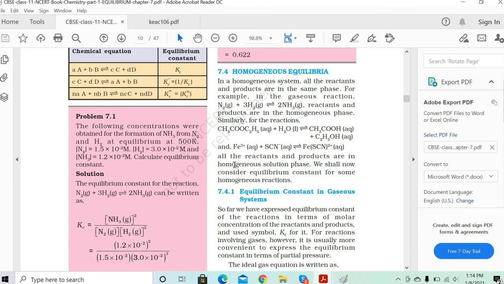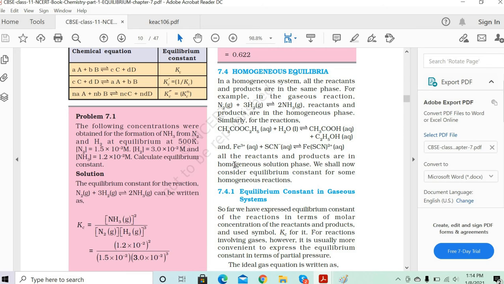Now these two reactions we are taking as examples because we are trying to show you how the homogeneous system of equations will look. Most of the time gaseous reactions are homogeneous. Homogeneous means you cannot differentiate between the reactants and the products. They are mixed together and cannot be separated. So that becomes the homogeneous phase. All the reactants and products are in the homogeneous phase, and still the equilibrium constant is reached. So how will we find the equilibrium constant for these homogeneous equations?